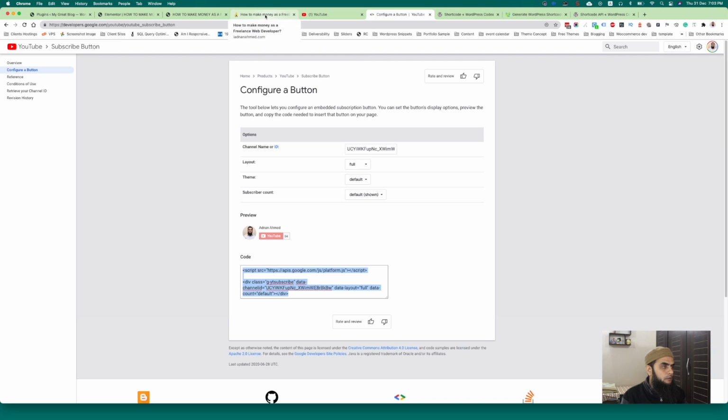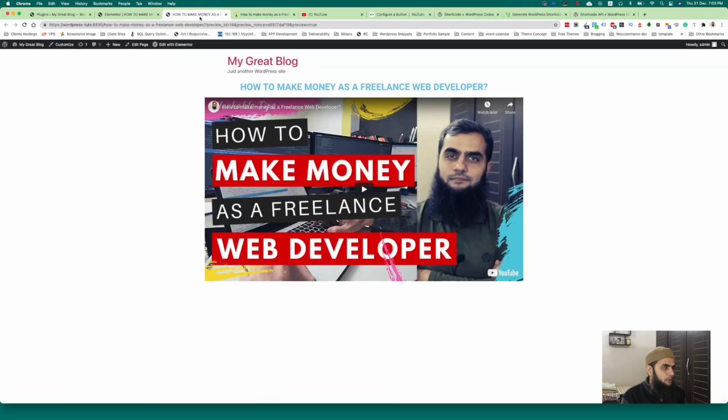and going to my web page, and this is the page which I created in Elementor. You can actually use the classic editor also or the Gutenberg editor also. I am a big fan of Elementor. Most of my sites are built in Elementor and Elementor Pro, so I am showing this in Elementor.